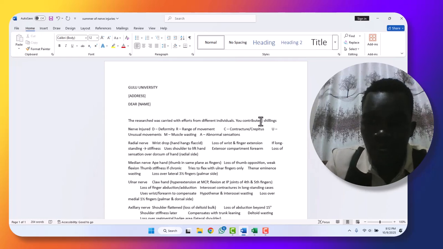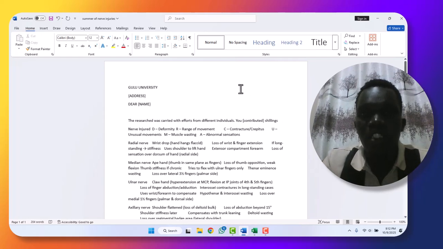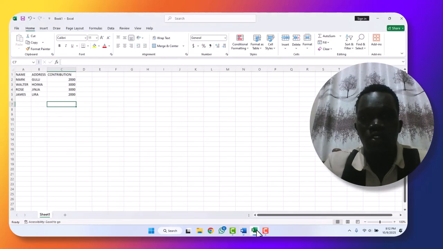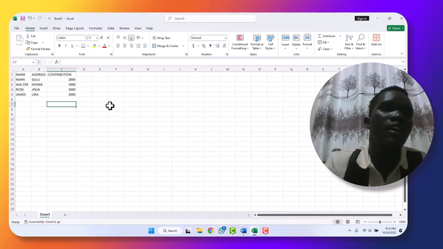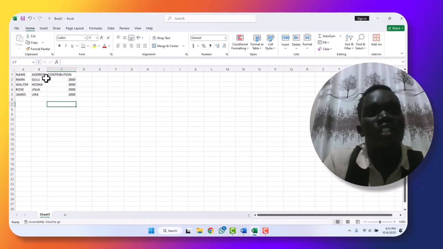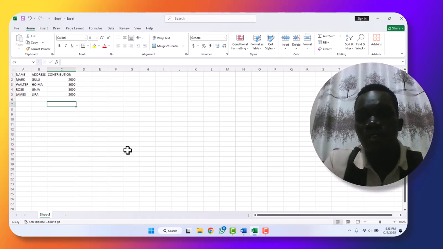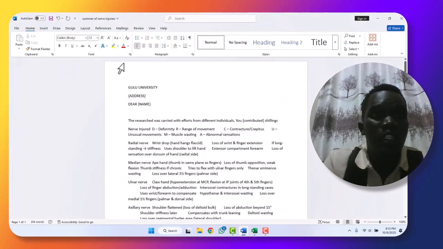in the bracket. So remember we had already created our data source from Microsoft Excel so that we can just extract it and take it. So this is our data source which we are going to use in mail merging. So we had already created it before to make things simpler and easier. So we go back, then